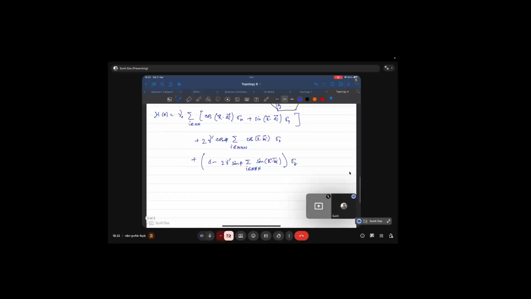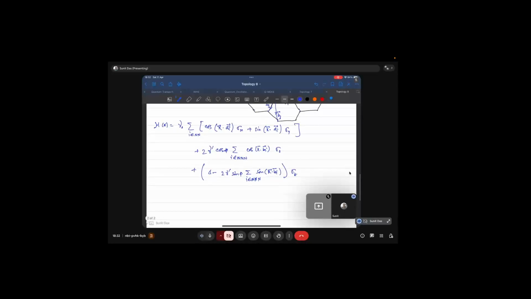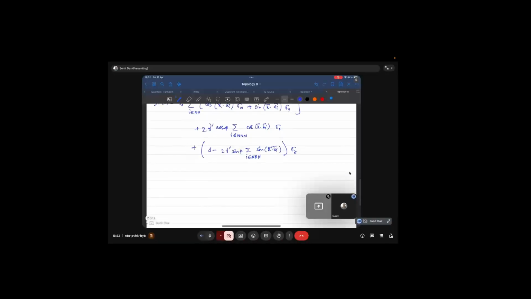So this is the Hamiltonian of the Haldane model in k space. Now, this is a complicated Hamiltonian consisting of cosine and sine functions in the momentum space. Now, if we go to the low energy limit,